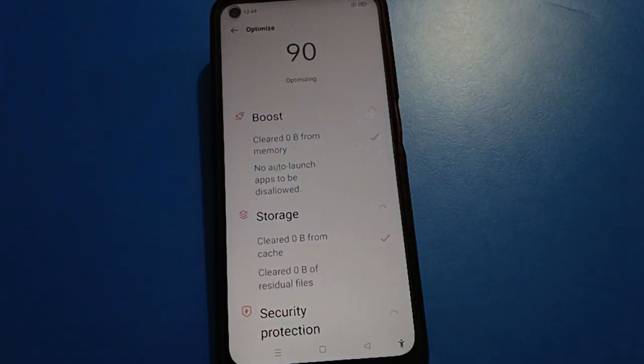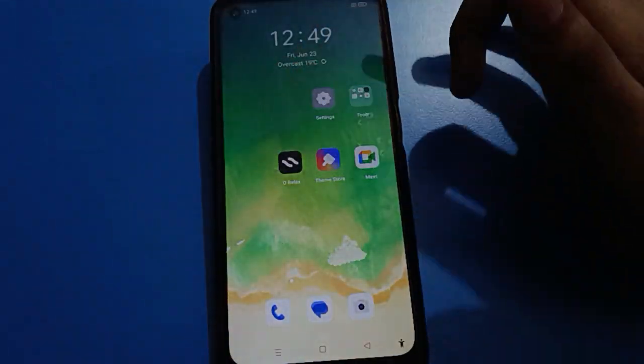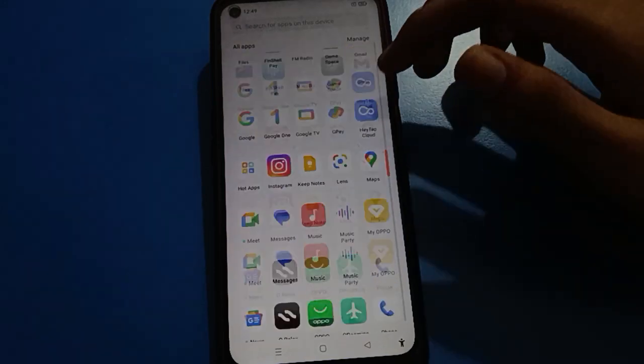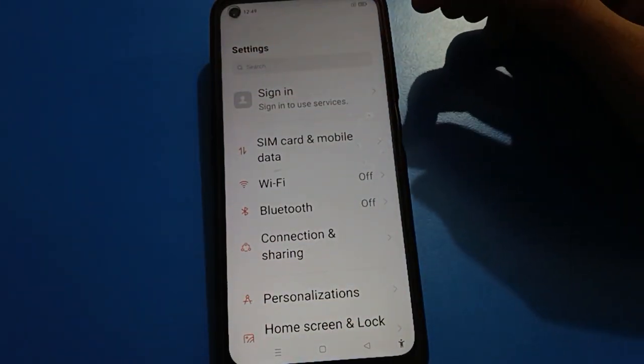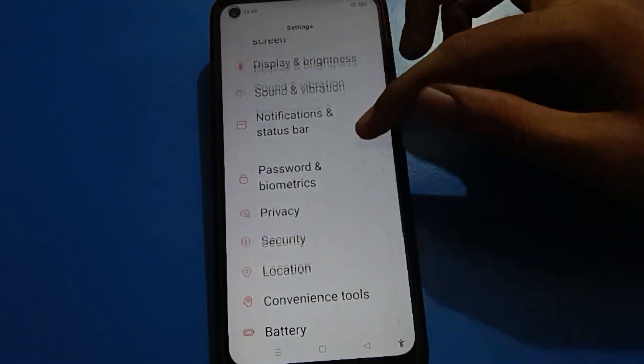So friends, you want to restart your Oppo mobile without using any button, without using the volume and power buttons. You want to restart your Oppo mobile with a shortcut setting. So friends, open your device's phone settings. After opening phone settings, you can see this type of interface in your Oppo mobile. Scroll down here and open